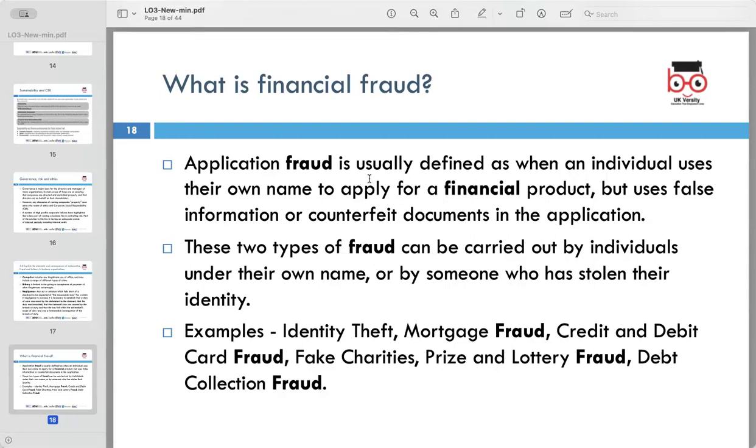These two types of fraud can be carried out by individuals under their own name or by someone who has stolen their identity. Examples: identity theft, as I said, mortgage fraud, credit and card fraud, fake charities, prize and lottery